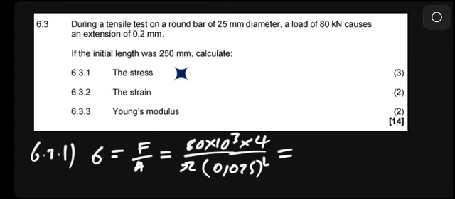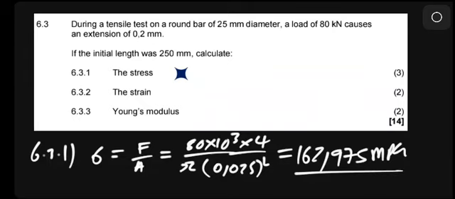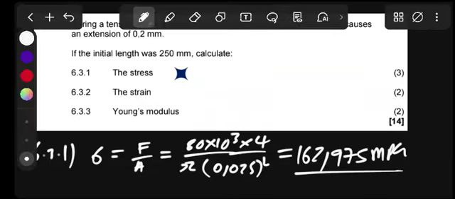80 times 10 to the power of 3 multiplied by 4 pi into 0.025 squared. This will be 162,975 megapascal. This is what we have now. We'll have now